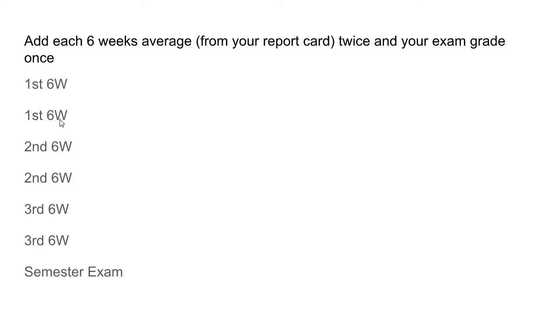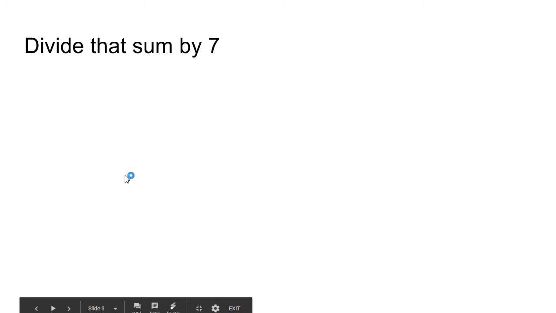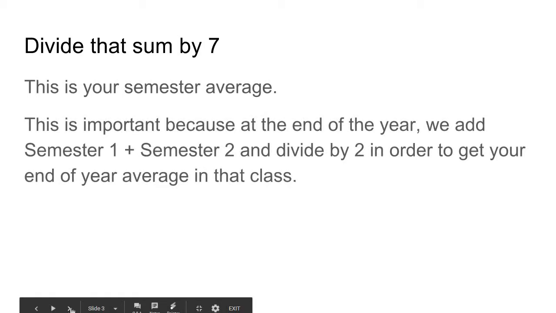So first 6 weeks plus first 6 weeks plus second 6 weeks plus second 6 weeks plus third plus your semester exam once. So your semester exam is actually 1/7 of your semester grade. Then you're going to divide that sum by 7. That's your semester average. The importance of this semester average is because at the end of the year we take